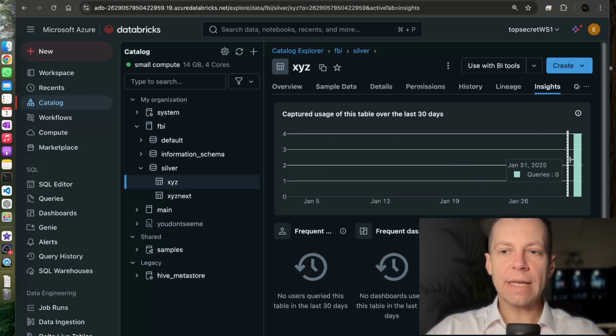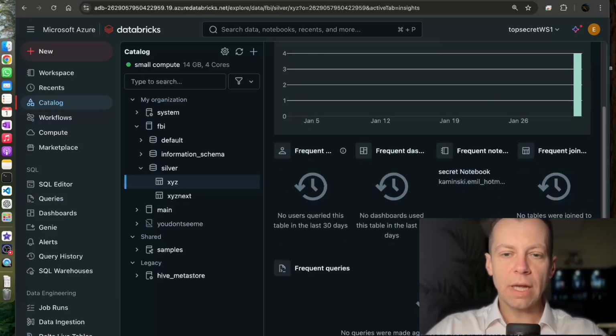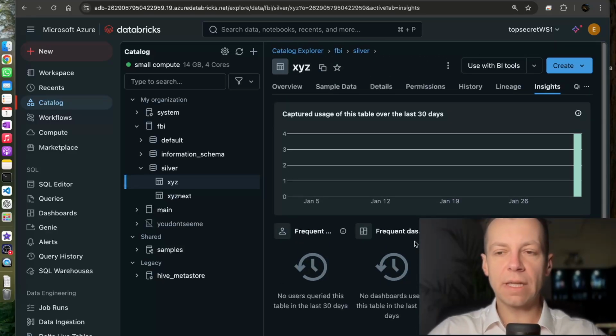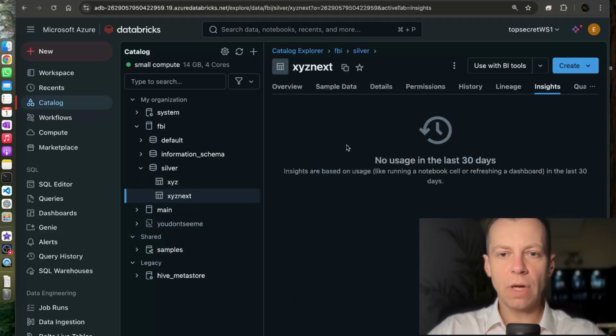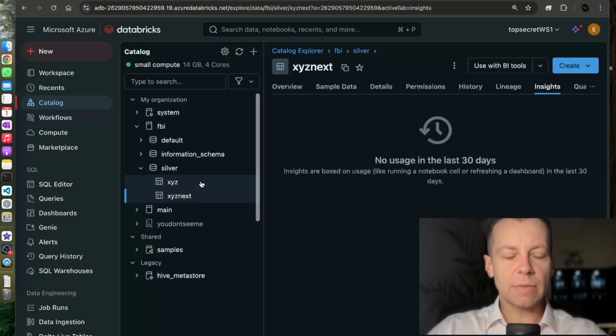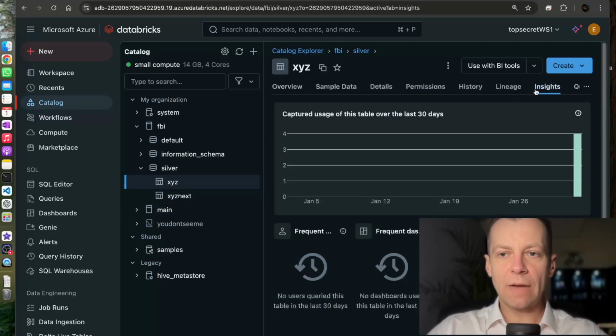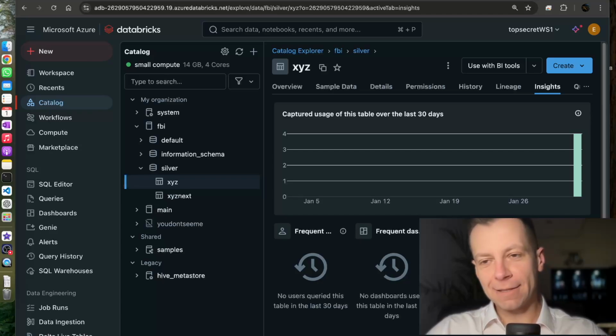In our case, this table XYZ has been used 4 times, and there is no further statistics because it's a very fresh table and wasn't used too much. But actually I really like this tab. This gave us the feedback if we are doing the right job or not. And I will just check out of curiosity the same tab in the second table, and no usage over here. That seems fine. But for this table we have some usage, and at the end there is a tab which